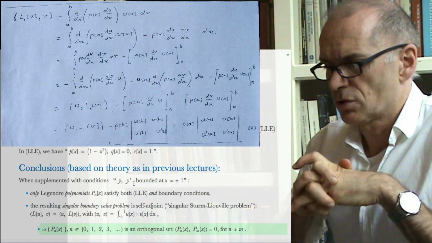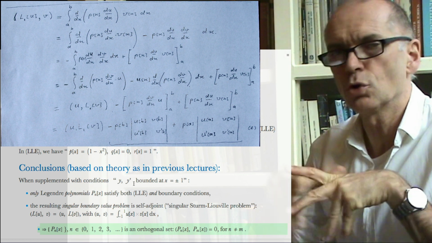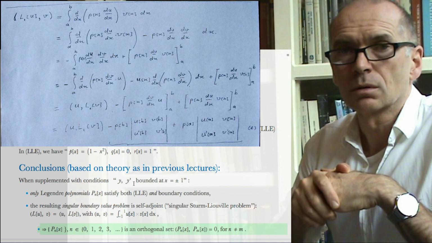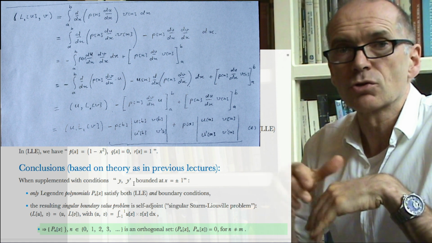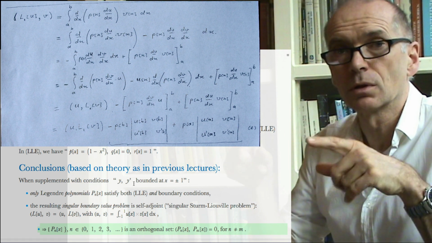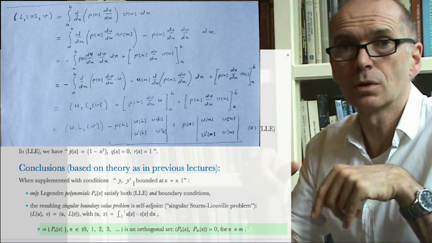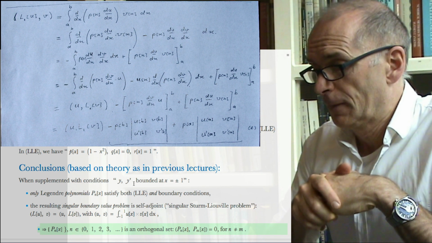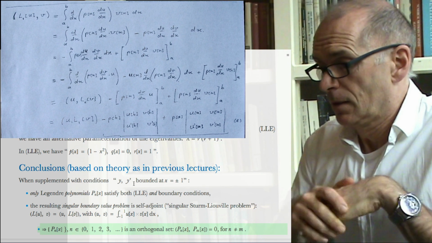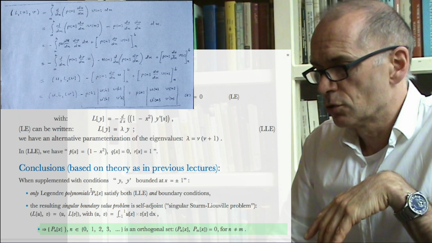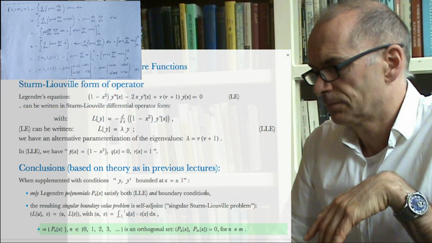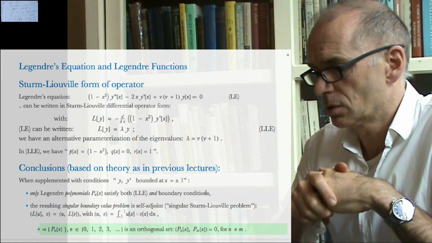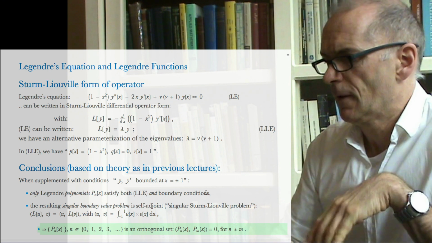And the conclusion of this, if you would solve Legendre's equation, is that it has solutions that are singular, as we will see in the next slide, but it also has polynomial solutions. Those are called the Legendre polynomials. Those remain finite. So the conclusion is that only the Legendre polynomials satisfy both, and the Legendre polynomials do satisfy this equation,